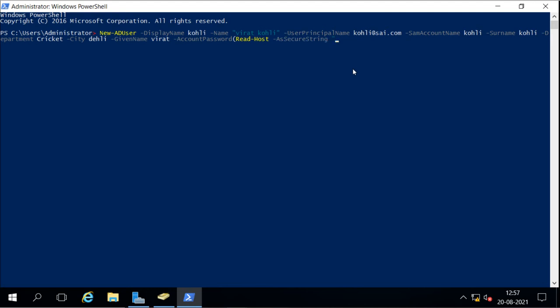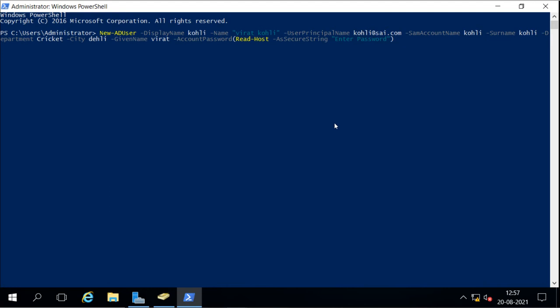Now when I press enter, it will ask me to give the password, and I will enter the password here. It will display this message to me, and then I will enter the password, and the account will get the password that I enter. So it is going to read the password from me when I press enter.